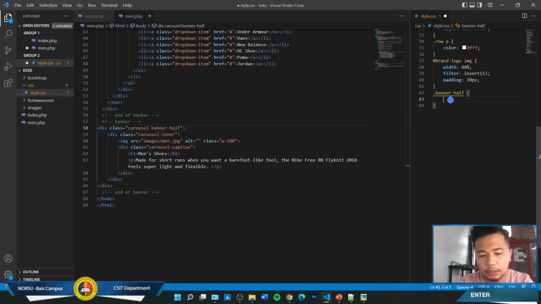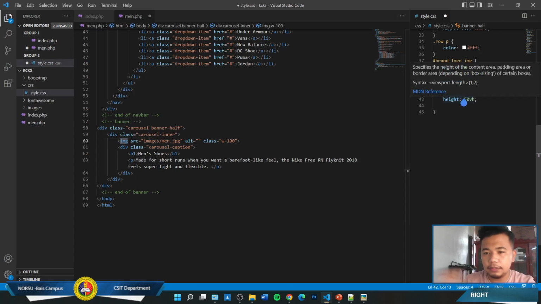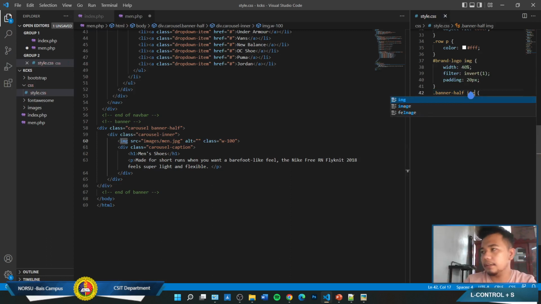First, we want our height to be 50vh. That means it's just going to be using 50% or half of the screen. And aside from the banner itself, we want the picture also to be cut into half. So we'll try this for the meantime. We will add the image, img. All right, let's try that. That means the image inside the banner half,